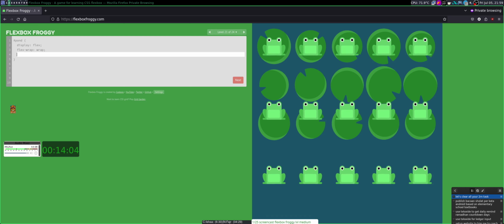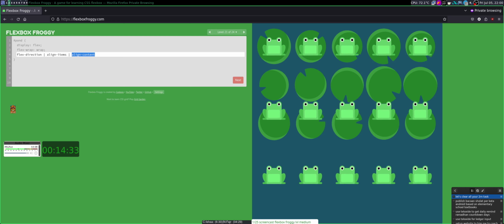Okay, I just need to use one flag wrap, already done. This is what I was talking about earlier. There is flag direction, align items, and align content. This is the main axis for flag direction, and this is for the cross axis direction. So what is this for?